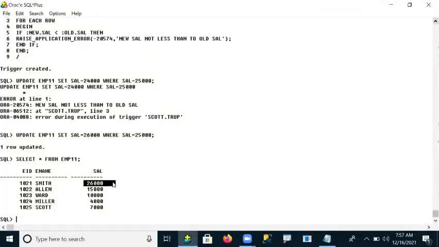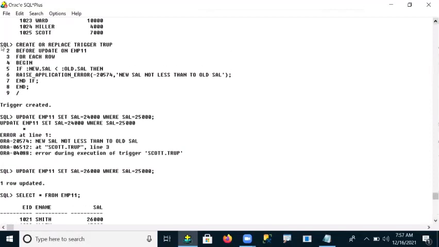26,000 is successfully updated. So this is what we call an update operation, how to restrict it on your table based on some logical condition. This is what we call the update operation restriction level.